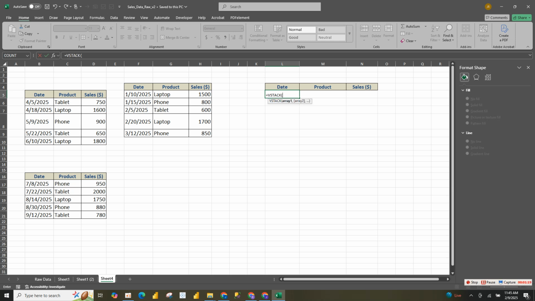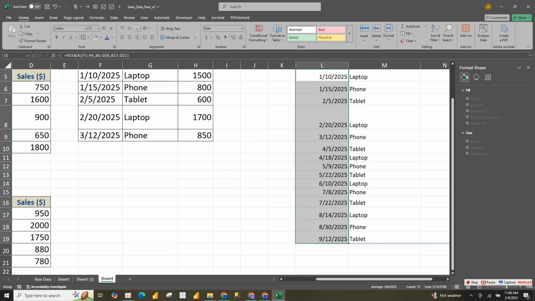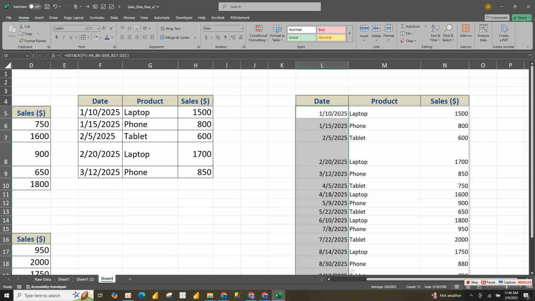VSTACK, equals, then the first data, which is our Q1, comma, then highlight the second data, Q2, then highlight the third one, and then close your bracket. Can you see that this has automatically highlighted? So you can actually change your date here. If you are having this date issue, you can change it here. If you want to change it to short or long date, you can change your date here. So you can see that it has automatically combined our data